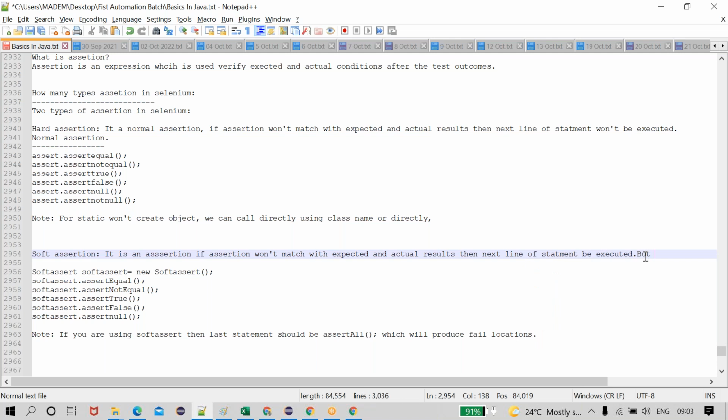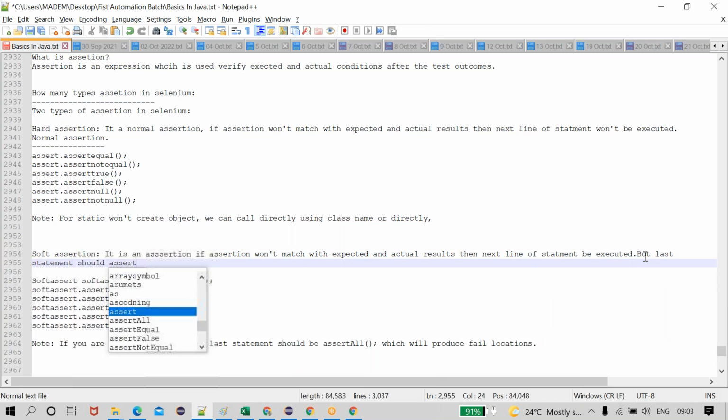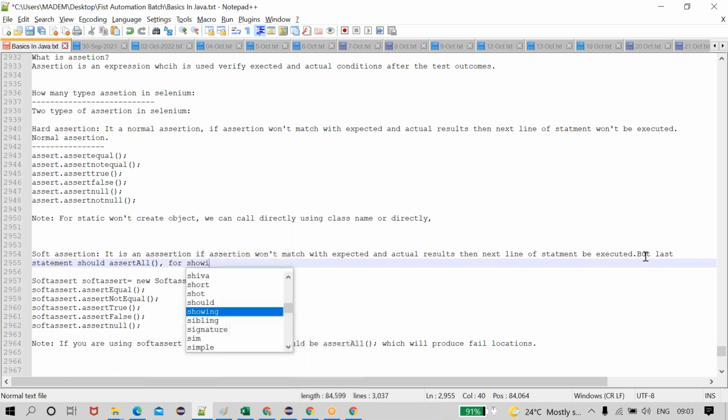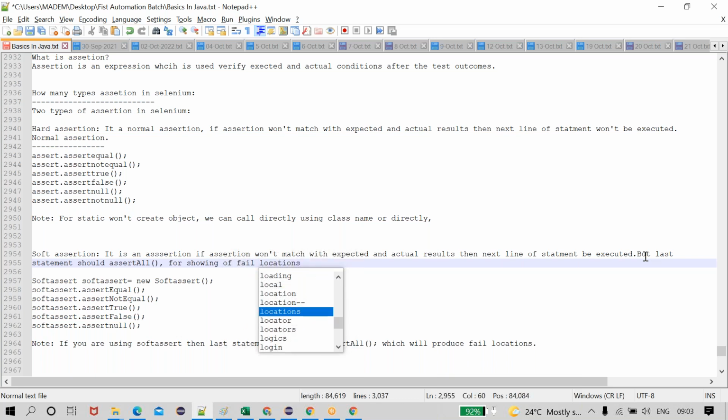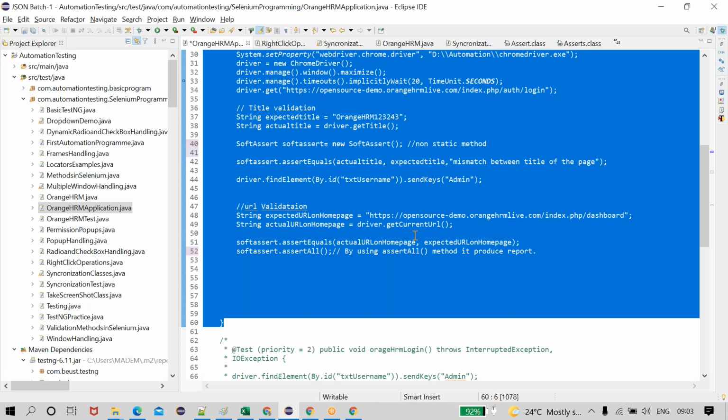But the last statement should be assert all for showing the fail locations. Okay, very important. That is about soft assertion and hard assertion.